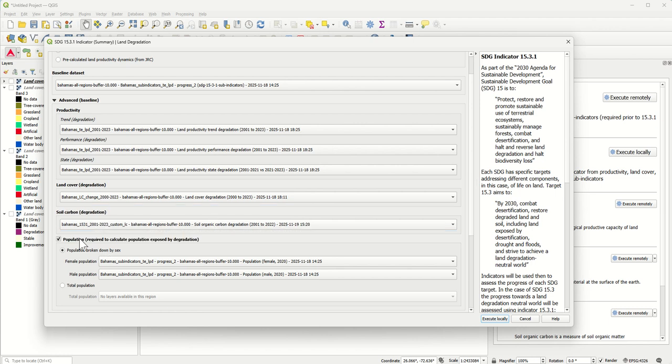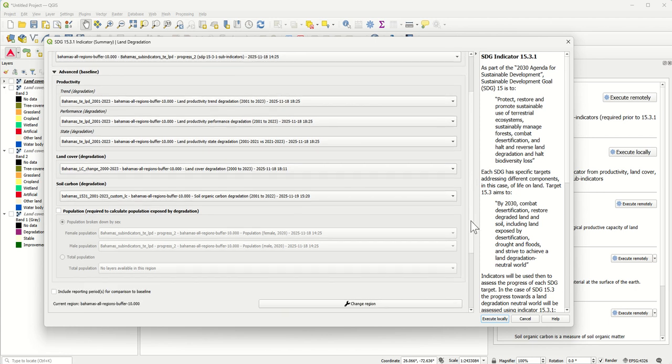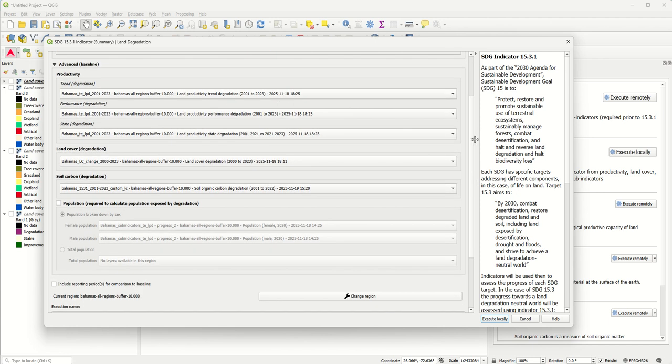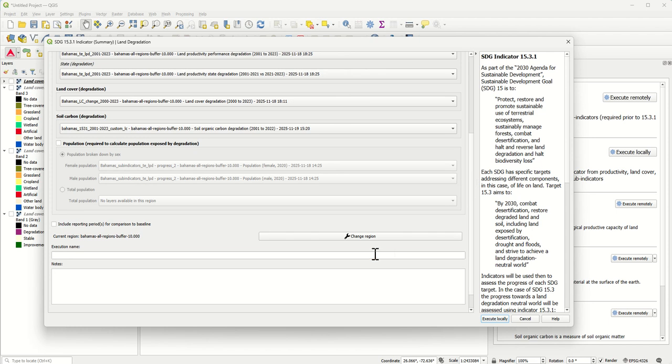And here I've also prepared the soil organic carbon for the same time series. This time I'm not going to use the population because I'm using a slightly different time series here. But then I can integrate all the sub-indicators into the Bahamas 15.3.1 using custom land cover layer. So I hit execute locally.